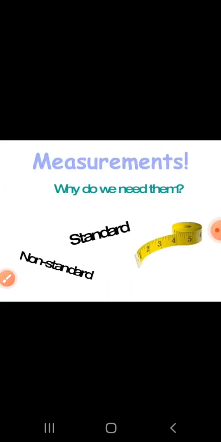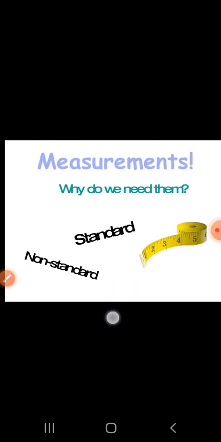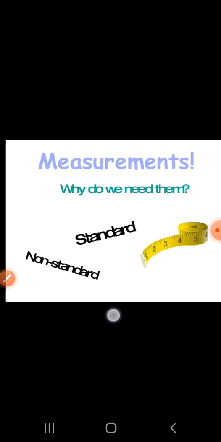So here there are many examples where measurement plays an important role. Also, when we need to measure the distance between two states, then also measurement comes into play in the form of distance, which is measured in kilometers. Now the question arises, why do we need measurement? So I hope with the help of examples it is clear to you why there is a need for measurement, as it plays a very important role in our daily life.